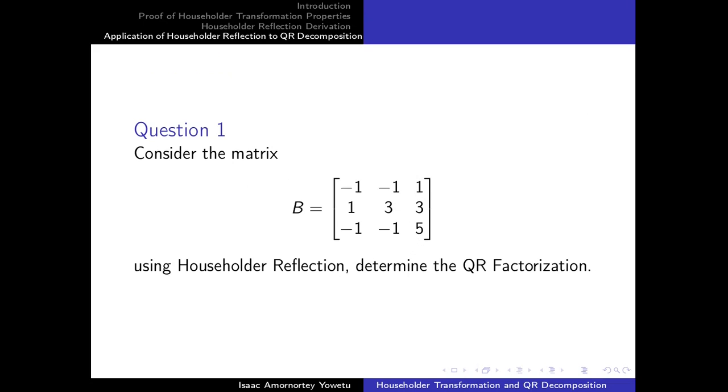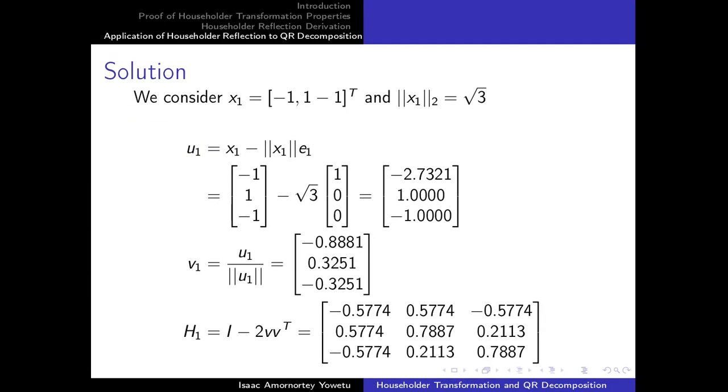So we then go ahead to look at our first example. We consider the matrix B, which is in terms of this expression. Using the Householder reflection, we want to determine the QR factorization or decomposition. First of all, we choose our x1 to be the first column vector, and then we find the norm of it. We use that norm 2, and the norm 2 happens to get